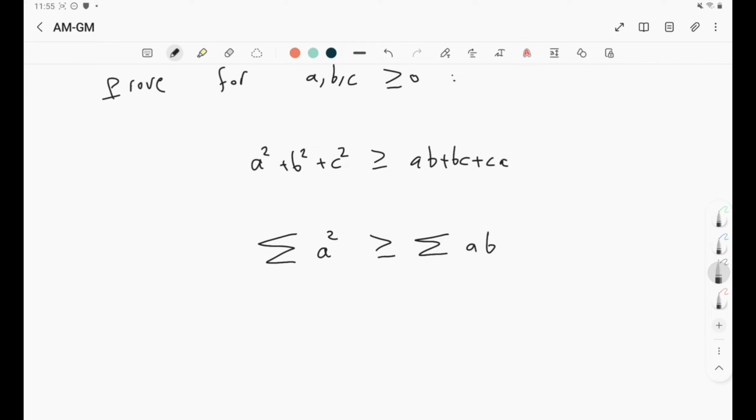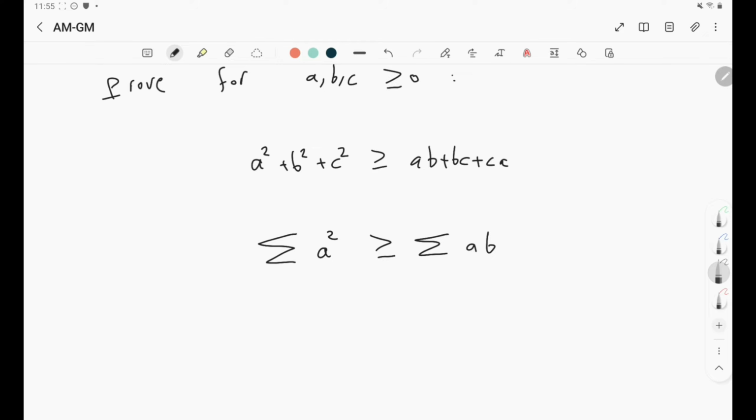Most of the time I'll be just writing sigma a square or sigma ab or something like that. Of course, there is something that we'll also discuss, which is the symmetric sums and the cyclic sums. So if we want to explain it right now, shortly,